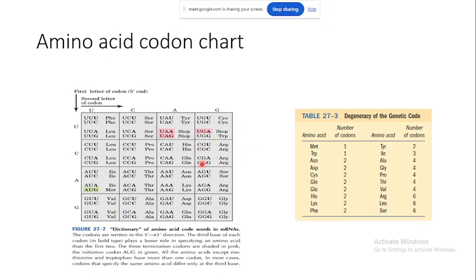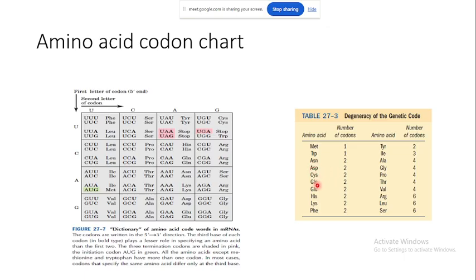And for example, methionine also, if you see the methionine, AUG, which is generally the start codon, right? AUG is a start codon, and that codes for the methionine. So methionine will only be coded by 1 codon, which is AUG, right? So methionine and tryptophan are amino acids which are coded by a single codon. So here you can see from this chart that Met and Trp have 1 codon, but asparagine, aspartate,